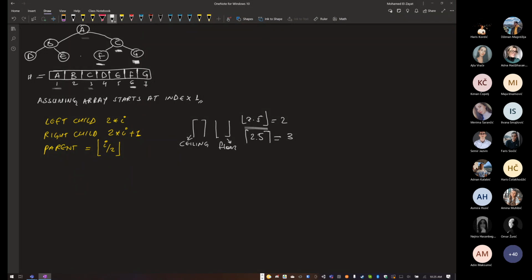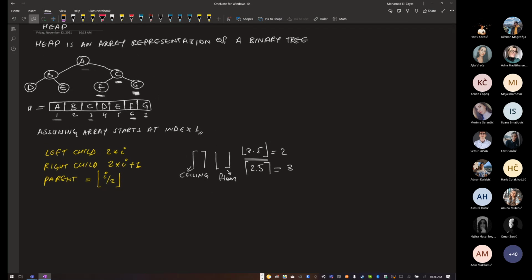So based on this way of how you can access the array, you can actually start having some sort of a rule on how you can access each one of these nodes, or each one of these elements in the array. Okay. So this is very important. This is a very important property, because based on this fact, you could have,